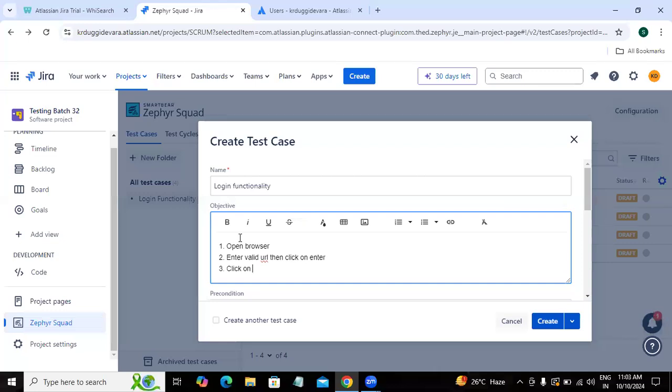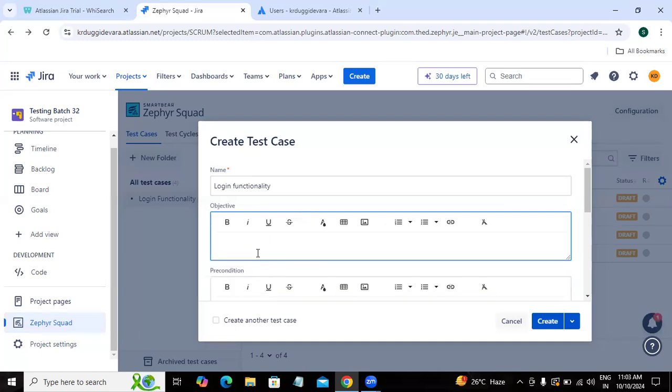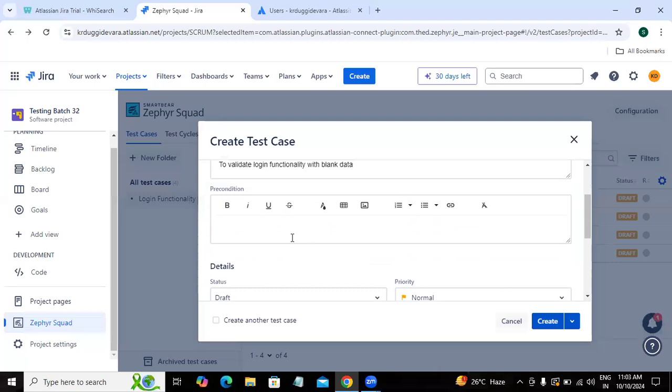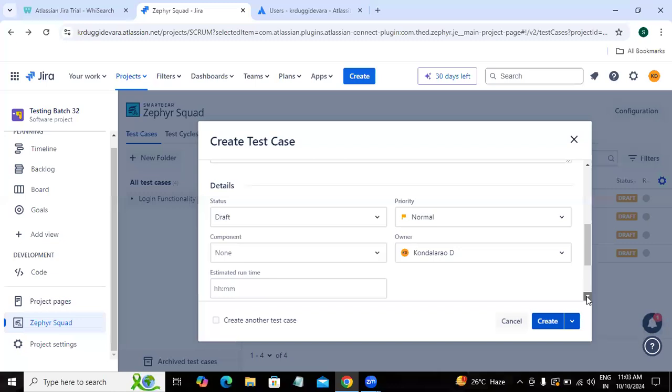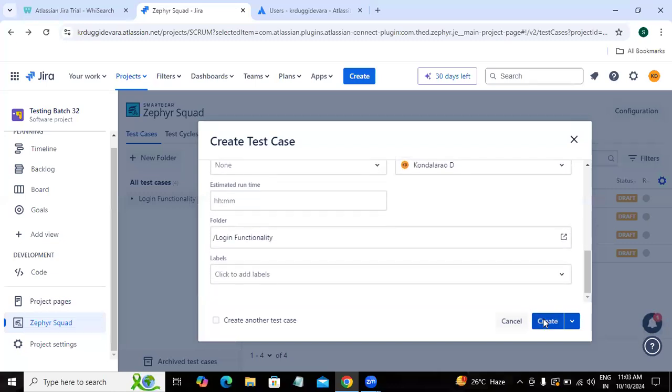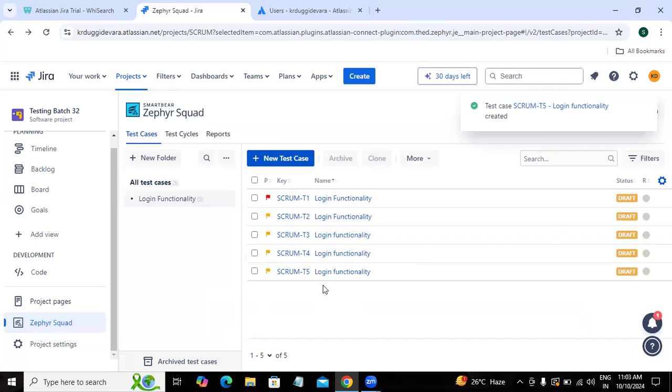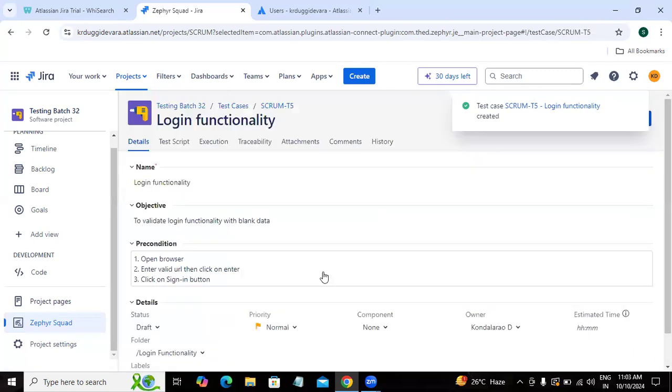Click on sign in button. Okay. So to validate login functionality with blank data. Okay, I'm going to create the test case. Okay. Now what I'm going to do,